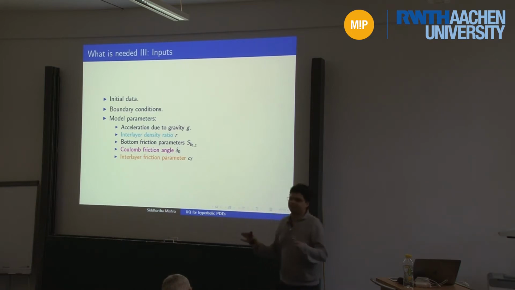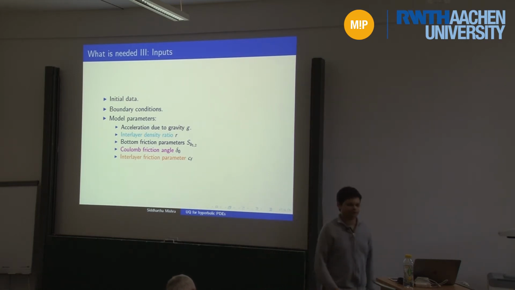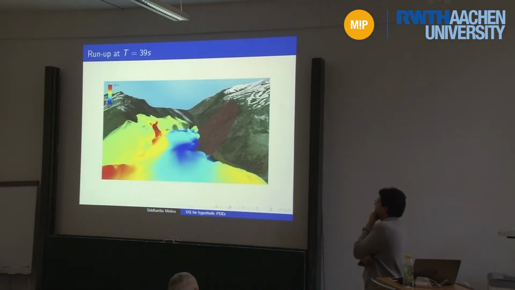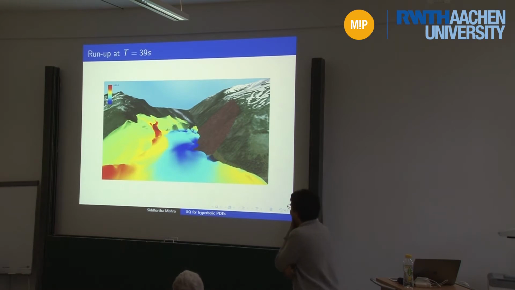So these are the three things that are needed. You have a mathematical model, you have a numerical method, you have parameters. And if you put all the three things together, then you can do the simulation, and in this case you can do it rather successfully. So here is the simulation which was done by some people in Malaga several years back. So this is the rock falling down, this is just a still photograph, rock falling down after 39 seconds of